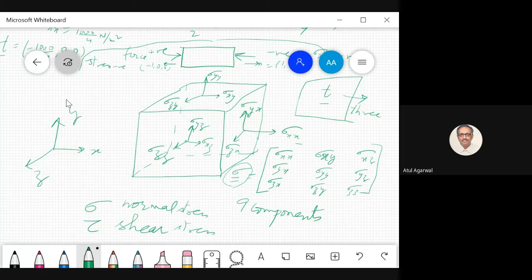But once you're writing the indices, once the two indices are same, it is a normal stress. Once the two indices are different, it is a shear stress. You see, normal vector is in x direction, force component in y and z. So it is along this plane, yz plane. So this is a yz plane which has a normal vector in x direction. So you know it is a shear stress. All these are shear stresses. Sigma and tau are just to show what is a normal stress, what is a shear stress. So all these are normal stresses.